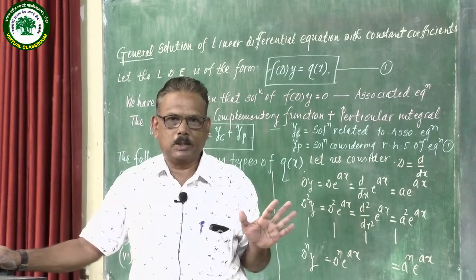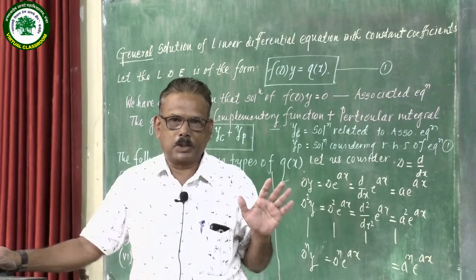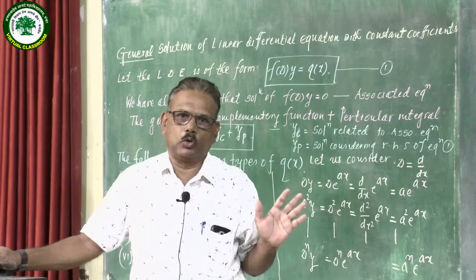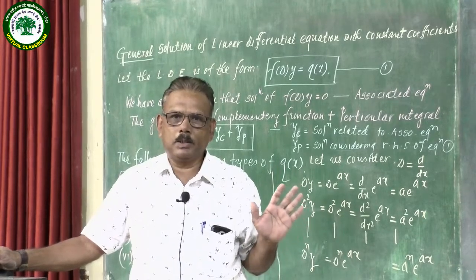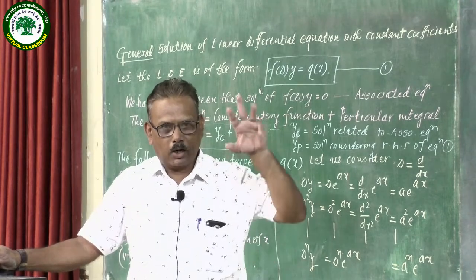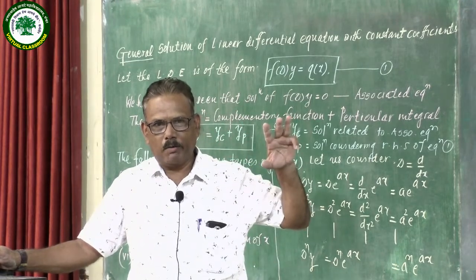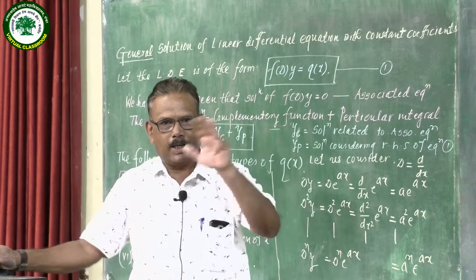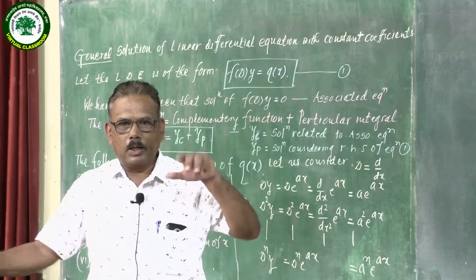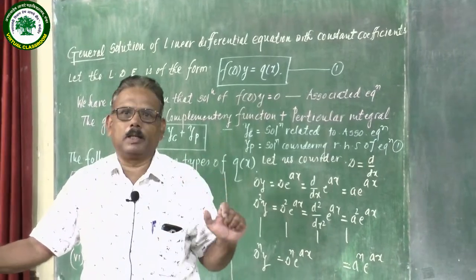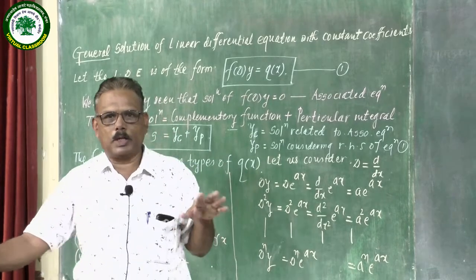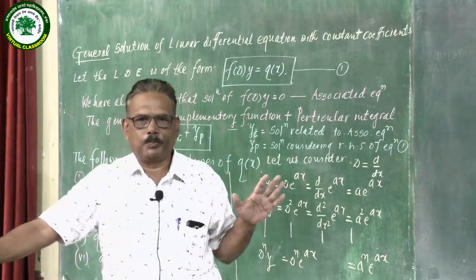In this case, we have studied how to find the solution of that part, that means to find the auxiliary equation. In the auxiliary equation, there are three types: the auxiliary equation having roots which are real and distinct, the auxiliary equation whose roots are real and repeated, and third, the auxiliary equation having roots which are complex numbers in conjugate pair form.